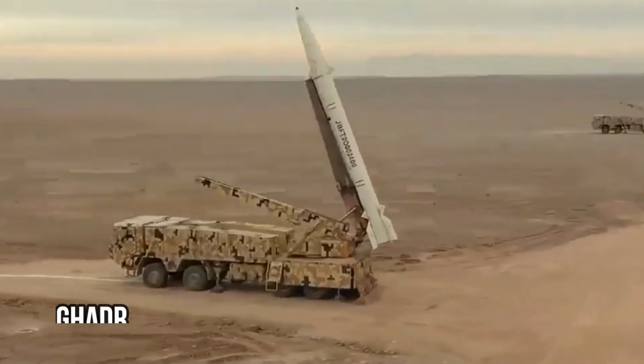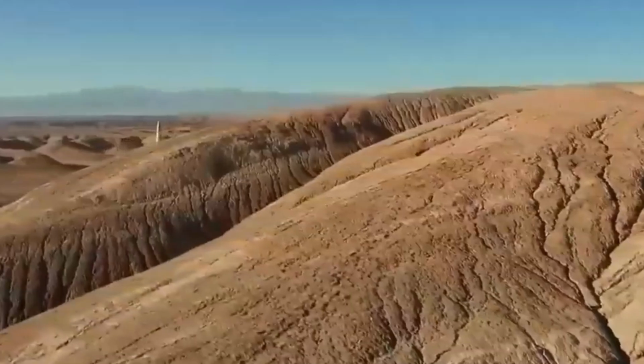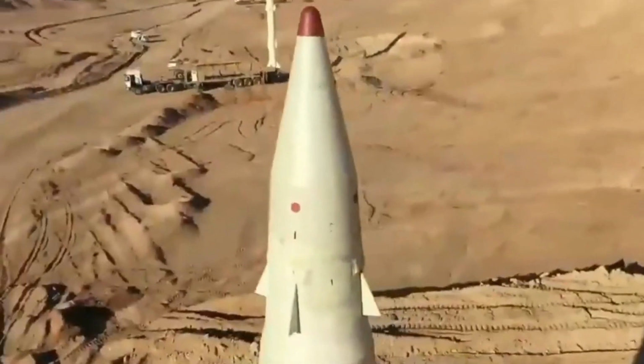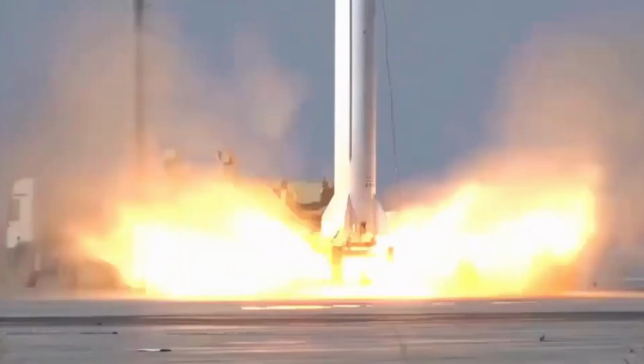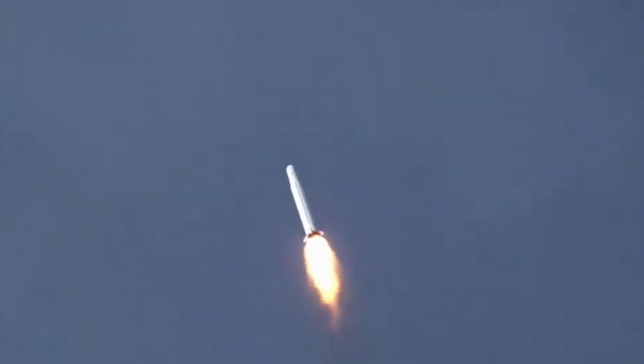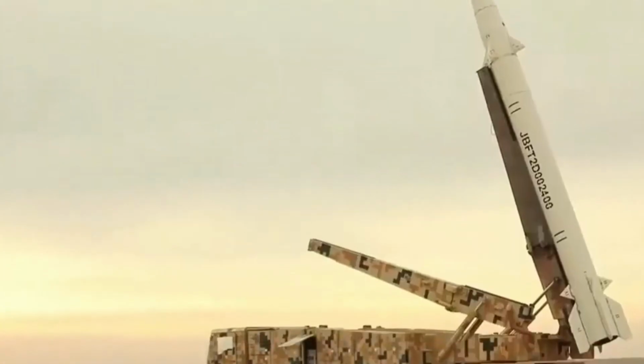Ghadr. The Ghadr missile is another medium-range ballistic missile developed by Iran. It's considered an advancement over the Shahab series, particularly in terms of range and payload capacity. The Ghadr 110, also known as the Qadr 110, is a medium-range ballistic missile developed by Iran. It is an improved version of the Shahab 3A, also known as the Ghadr 101,